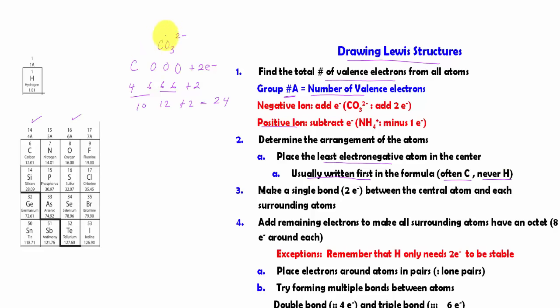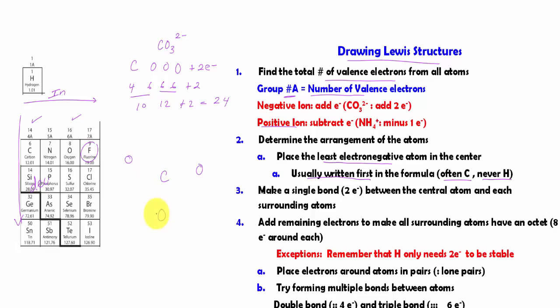In this case, carbon is written first. But if we don't know that and we want to look back at the electronegativity, going that way, electronegativity increases. Remember, fluorine is one of the most electronegative elements. Going down, we will have a decrease, which is the opposite of increase. So that is the trend for electronegativity. But in this case, we just look at the chemical formula, which is C. So we have carbon right in the middle. And where will we put the oxygen? Basically, even them out